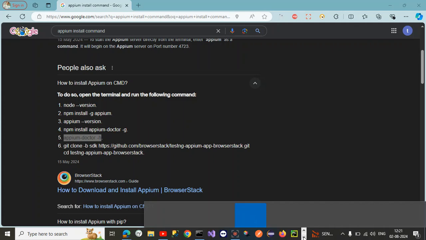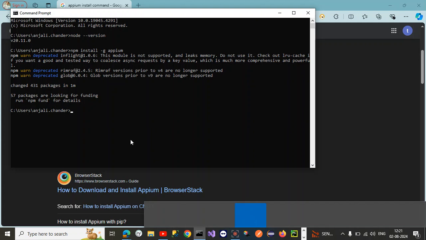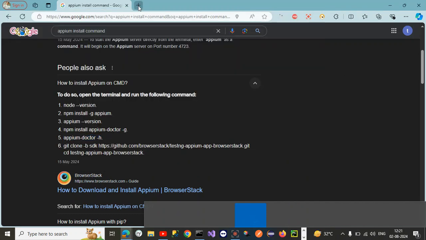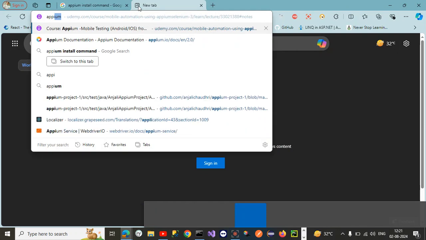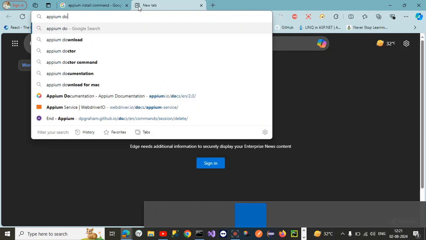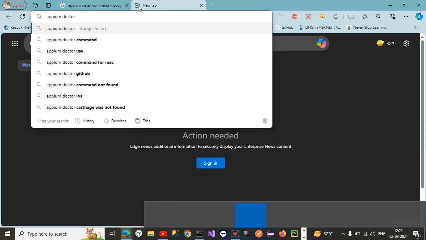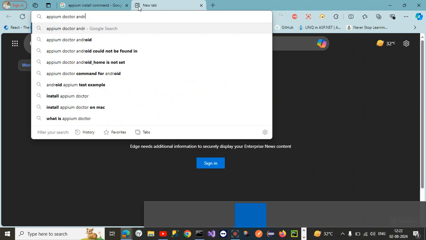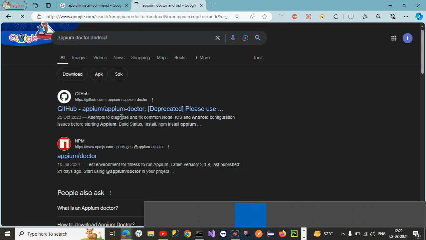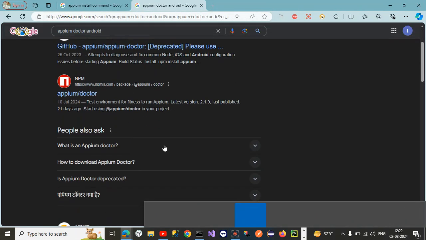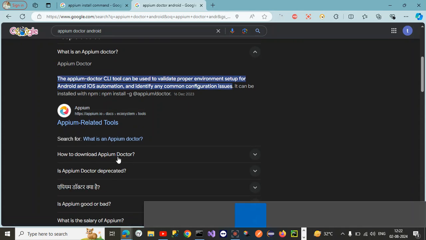Just go to the command prompt. Okay, it has updated my APM. Now I can check the APM Doctor, and if I want to check the status for Android, what is the command?